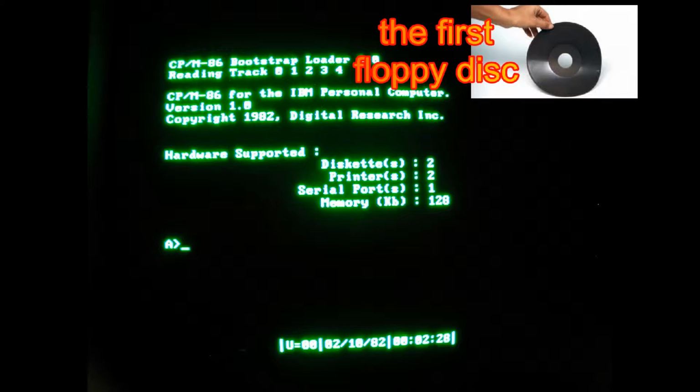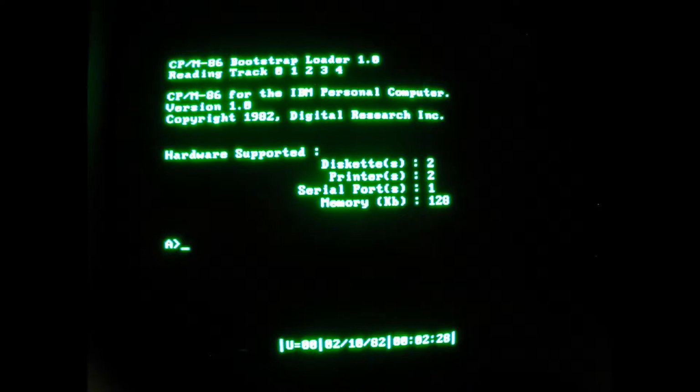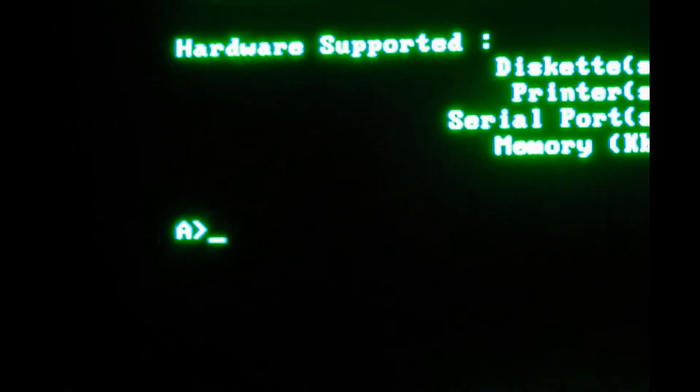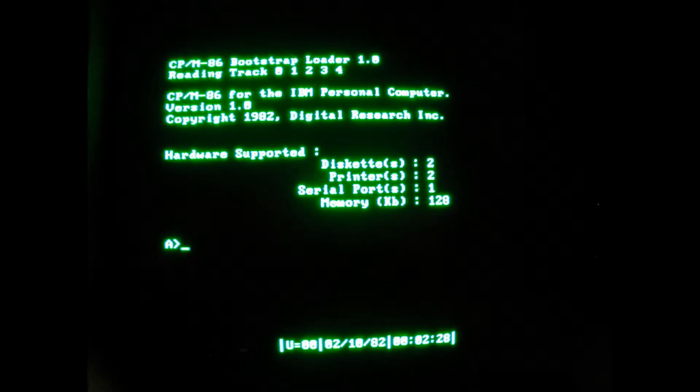And as you can see, it had a very small amount of memory. This one has 128 kilobytes, and it was introducing a different type of language, like the C colon and the slash. You have to type up where you wanted to go, the folder you wanted to go to, the stuff that you wanted to do on that computer. So now we move on to